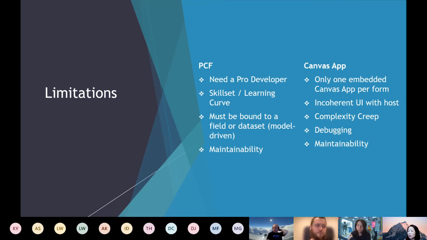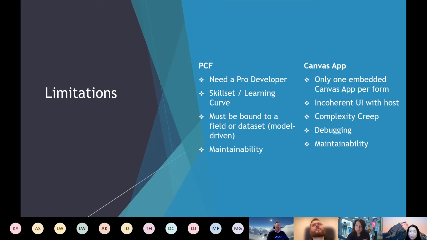But I'll probably talk about this in my limitations on PCF. What I found also with Canvas app is that it is very easy to get quite complex, and it's really hard to see where things are actually happening. But with the PCF control, because everything is in the code, if you're a developer just reading the code and seeing where all those pieces sit in terms of infrastructure, then you know exactly what's happening by just glancing at it, right? So it's one of those things.